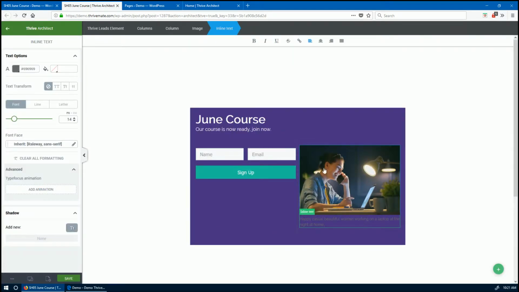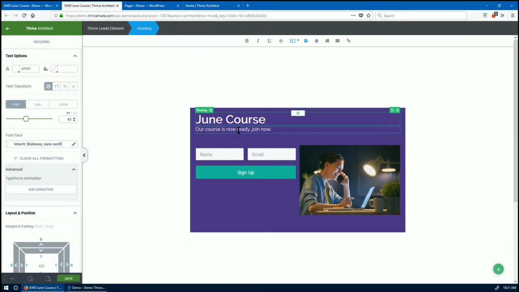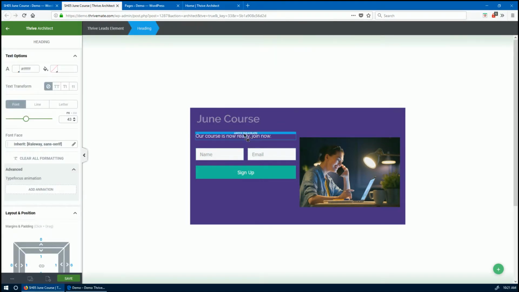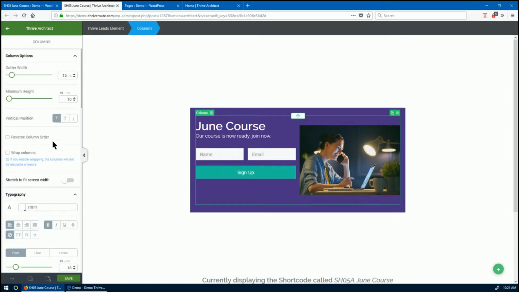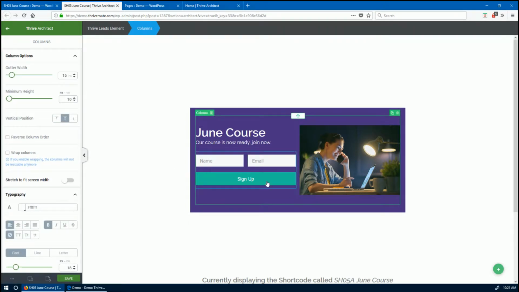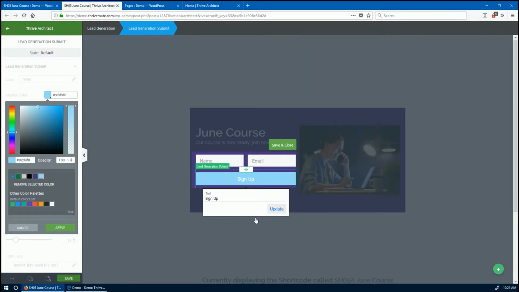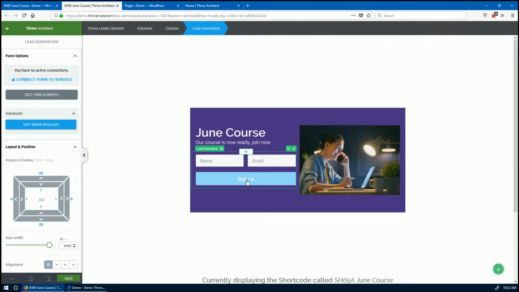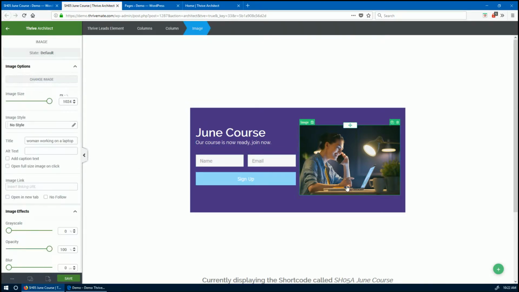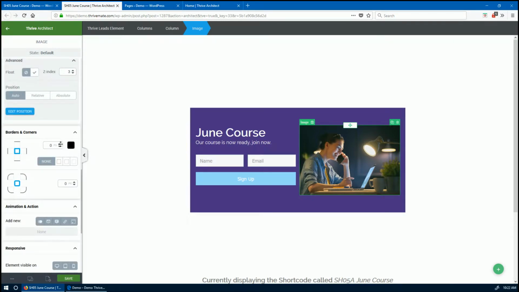and now the contrast is probably not the right picture for the color, but you could pick a different image. We could remove this and then do something like this, and then, if you're familiar with the columns, we could center that vertically and then maybe choose a different color here just to make sure that your brand colors, it's always good to keep your brand colors good. So again, maybe the white, maybe a darker color on the button would be a good thing, but for this demo,